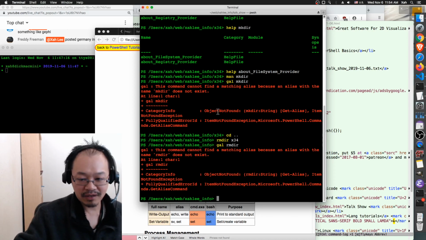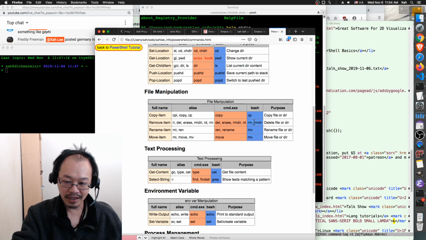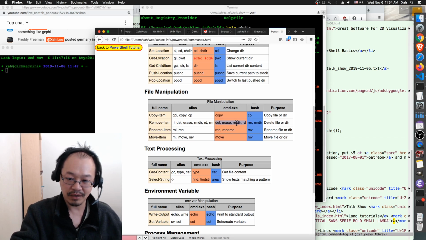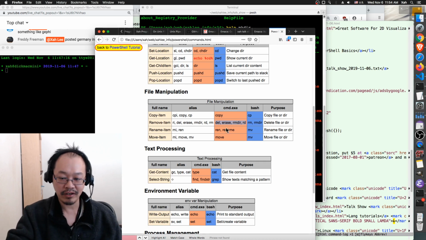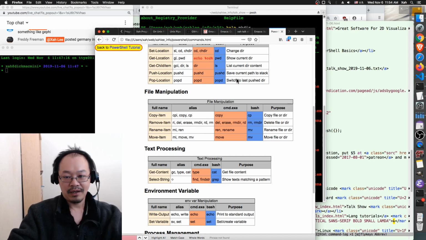Okay, yeah, so I know what's going on, because if you do this on Windows, it will work. It does not work on the Mac because there's actually no alias to remove or make, because you already have that command on the Mac. So the Mac version of PowerShell does not have those aliases. But anyway, on Windows, then you can